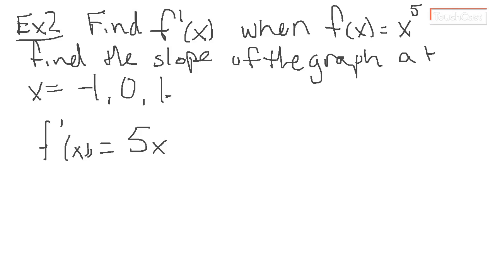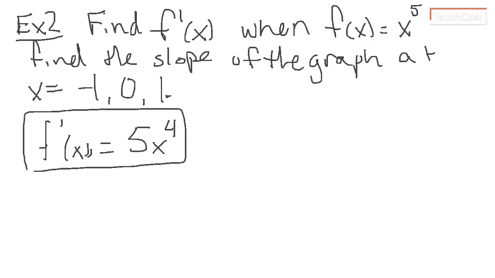So the derivative of f of x is going to become 5x to the power of 4. So we've got one part of the problem we were asked to find. We found f prime, the derivative. Now to find the slope of the graph at x equals -1, 0, and 1, we're going to look for f prime of -1, f prime of 0, and f prime